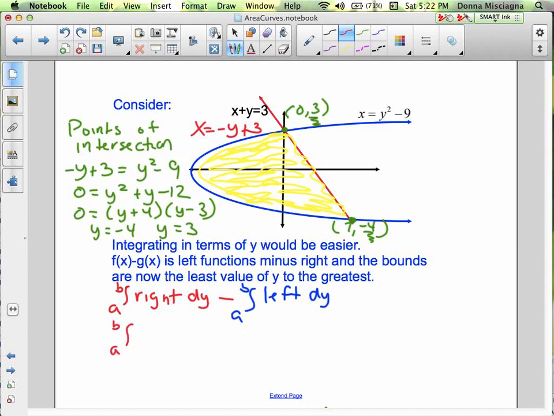Oops, not A and B. I want the actual values. So that would be -4 and 3, and it's the red that goes first. So that is -y minus 3, or -y plus 3